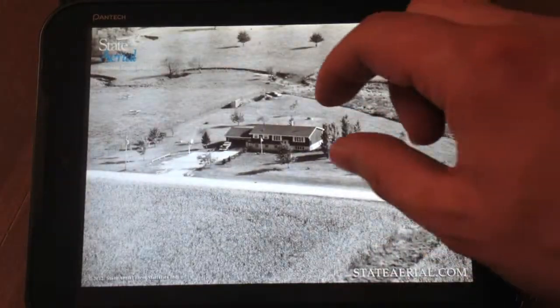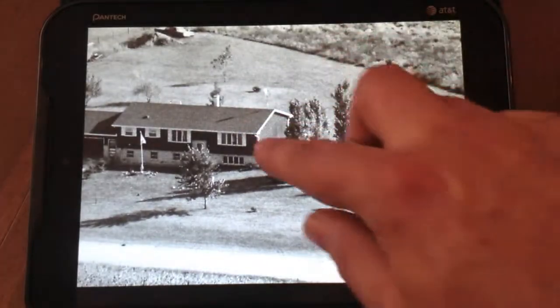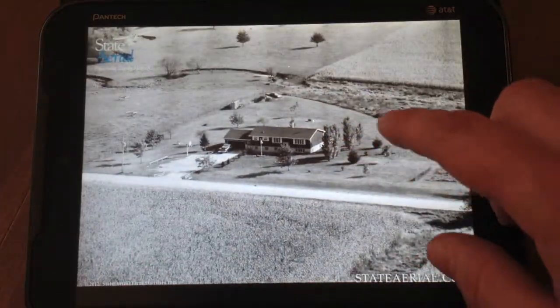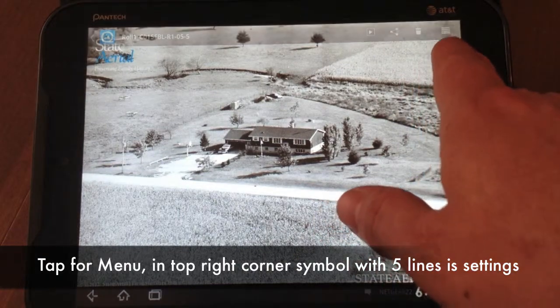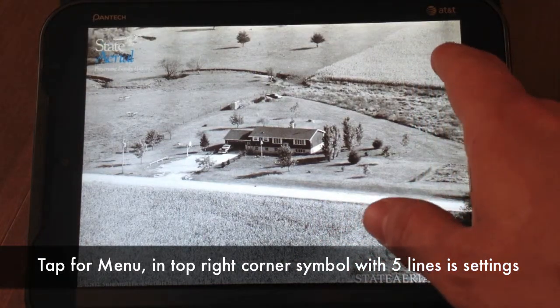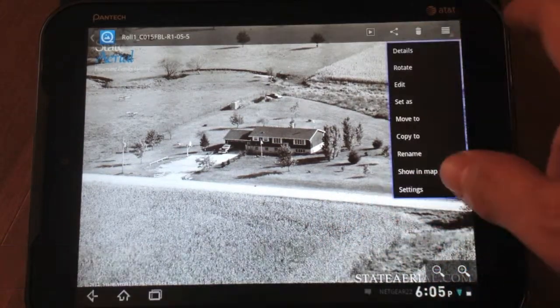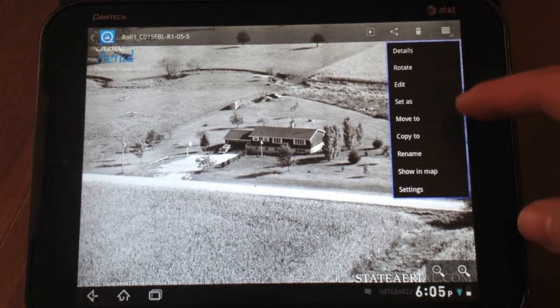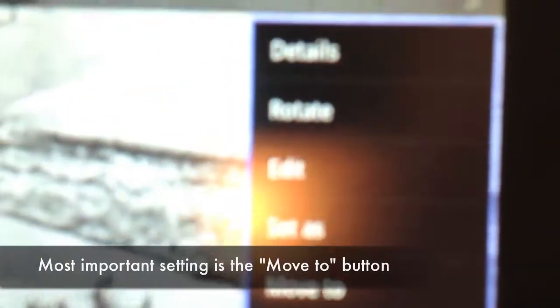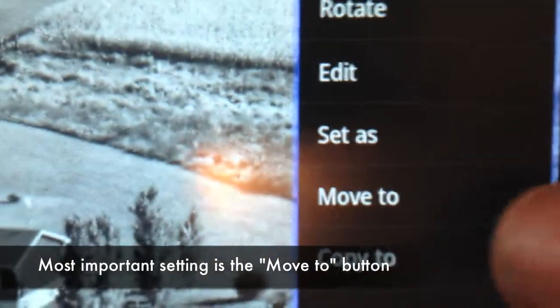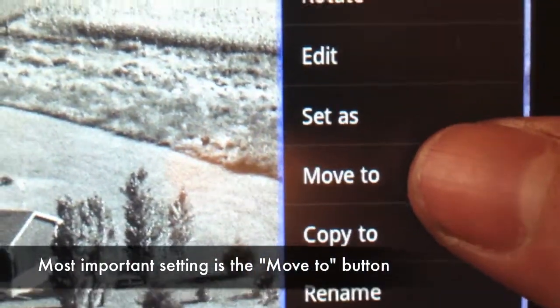Okay, so let's say this is their house, they're excited about it, they want to buy it. What we do is we bring our menu back up, and in the top right corner there's a little symbol with 5 lines. That's your settings button. So we're going to tap the settings button. And the one we're paying attention to here is this one here, the Move To button. So we're going to click our Move To,